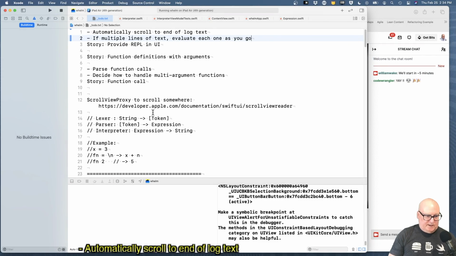So my top level choices. One choice is, let's work on this REPL user interface and get it all nice and complete, or at least more complete. The second is go back to the language, and I'm leaning that way. I don't think this is so interesting per se. I mean, there is a way to make it scroll to the end of the text. We will do it at some point, but